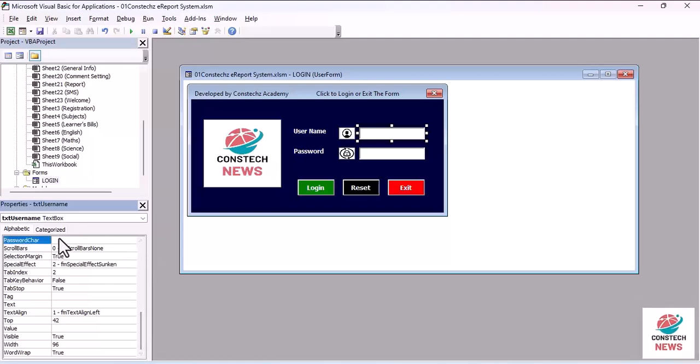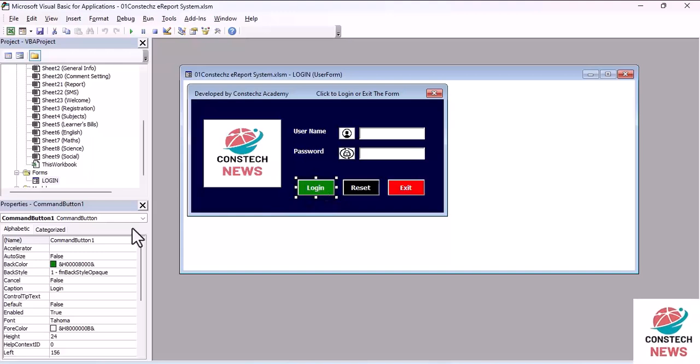That's all. Now we want to give a name to this button. So we just come to click on the button, and then you say CMD login. Please enter the name as I have instructed. You come here and you enter CMD reset, and then you come here CMD